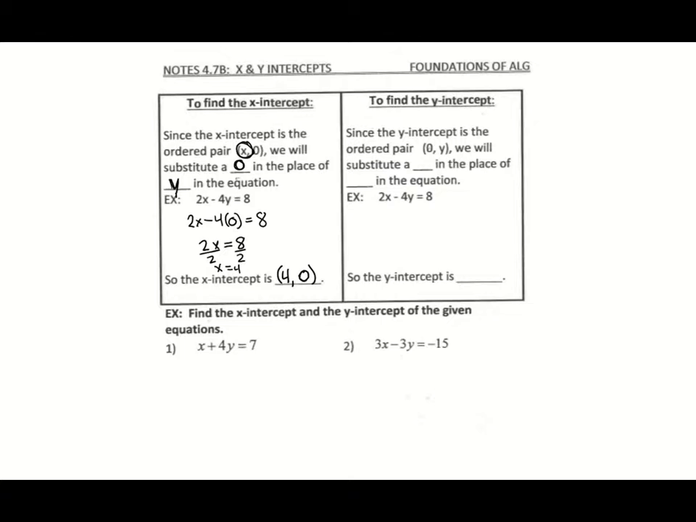Since our y-intercept is the ordered pair 0, y, it's not going anywhere in the x direction, that's why it's 0. It stays on the y-axis. We will substitute a 0 in the place of x in our equation. So if we still have that same equation, 2x minus 4y equals 8, but this time we want to know where that line crosses the y-axis, we can plug in a 0 for our x,